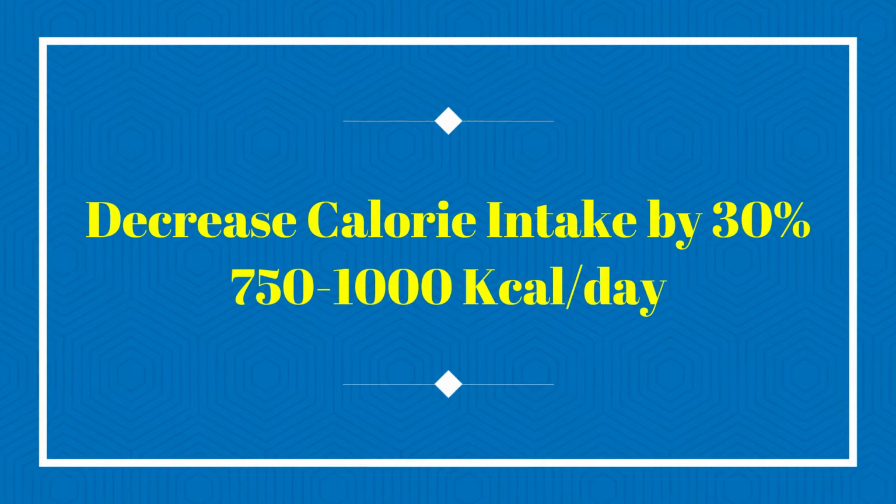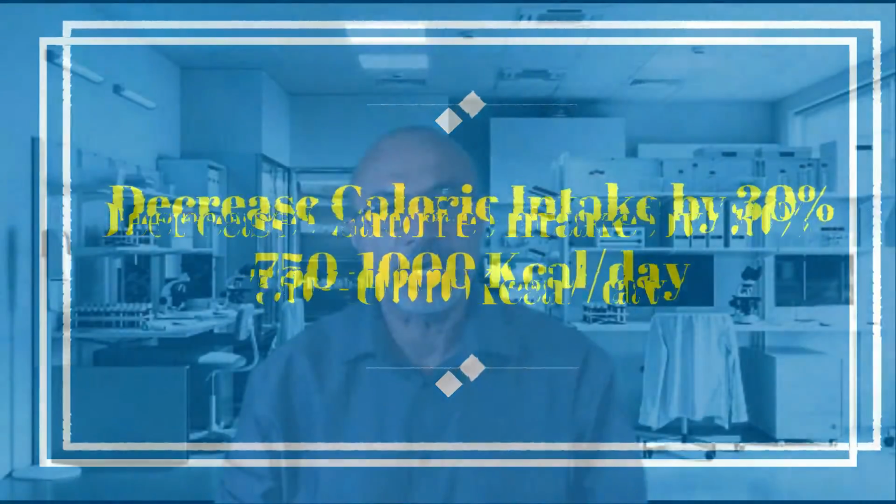Weight loss of 3 to 5% is sufficient to prevent or reverse non-alcoholic fatty liver disease. However, to reverse inflammation and fibrosis, we will need to lose at least 7 to 10% of our body weight. Studies have shown that either a restriction on carbohydrates, that is, in starches and sugars, or a restriction on fats that cuts our daily caloric intake by 30%, or by 750 to 1,000 kilocalories per day, results in improvement in insulin resistance and in the buildup of fat in the liver.